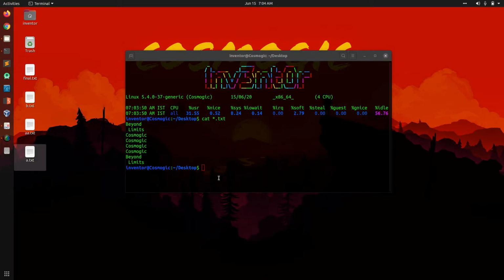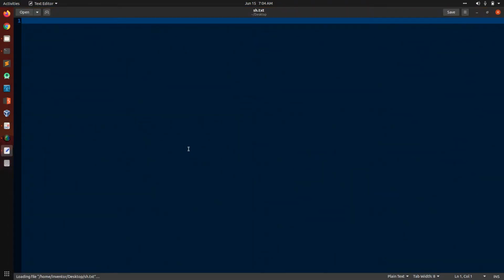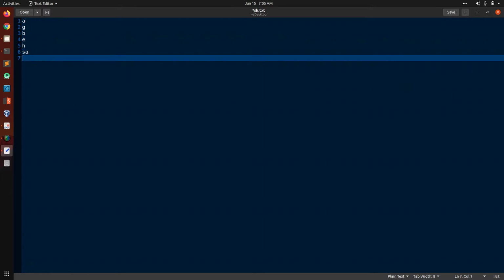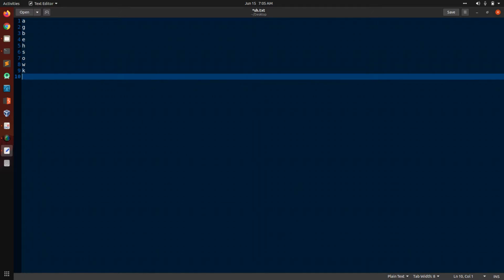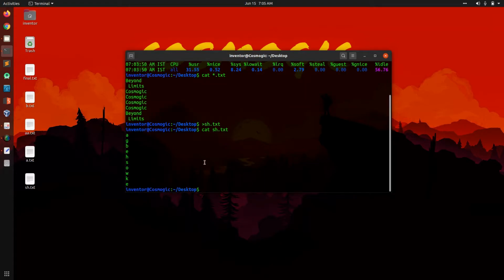Next command on the list is sort, and as its name suggests, it is used for sorting. For example, we can create a file and let's put some content over here, like randomly I am placing a, okay, and if I cat sh.txt, it will not be sorted.